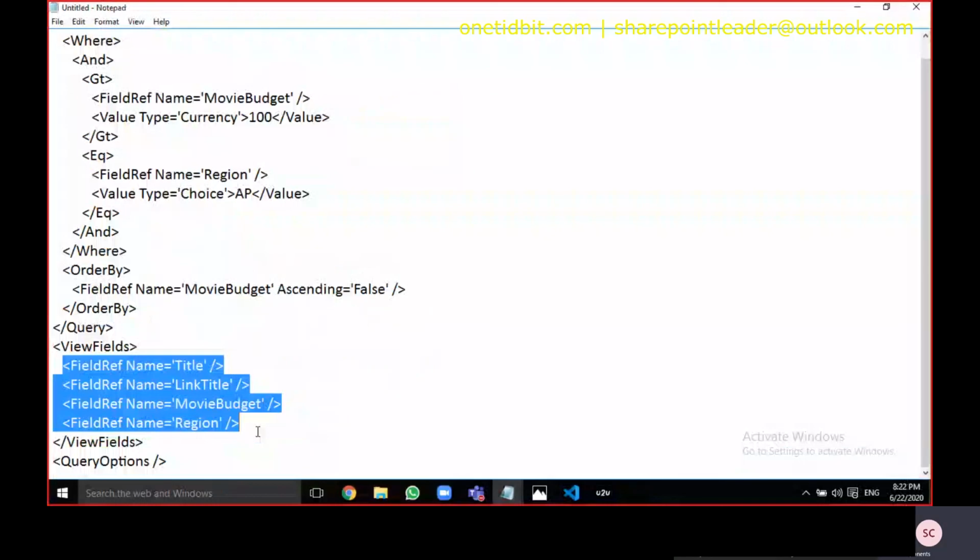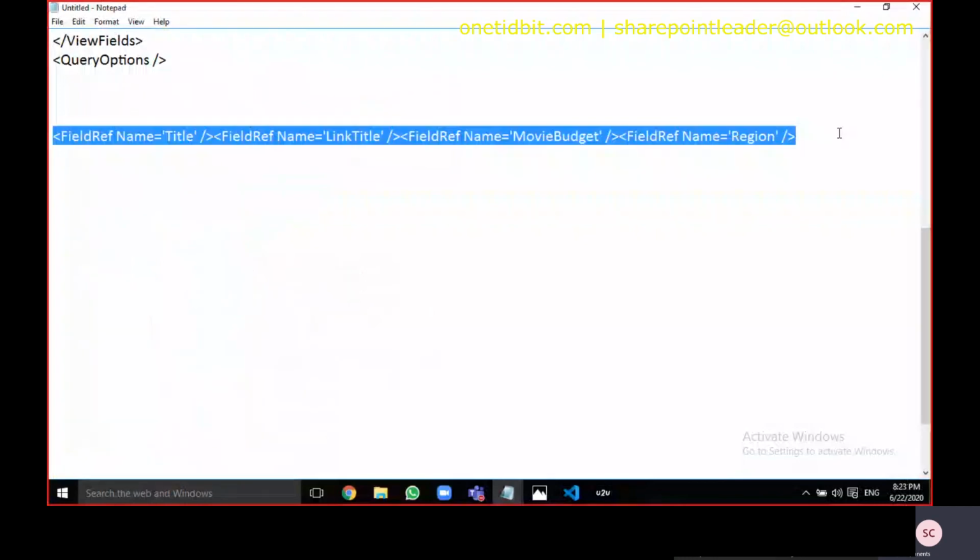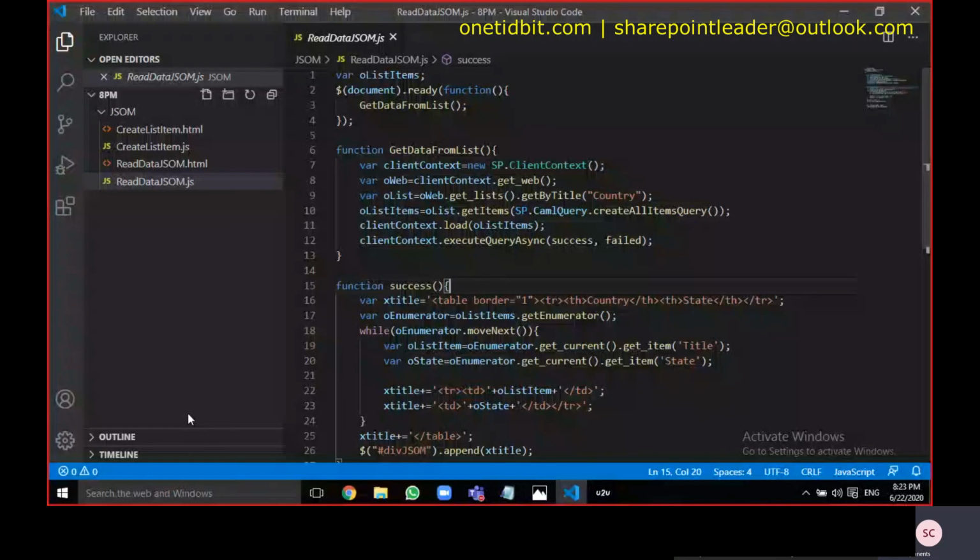Okay. I'm just taking everything into one line. Okay, I need this. Maybe I'll just take this and use it in my code. So I have a read data code already available. So what I have to do is